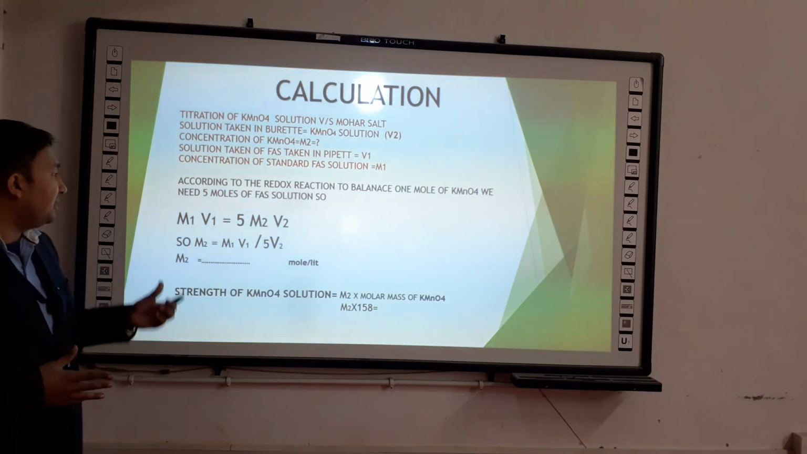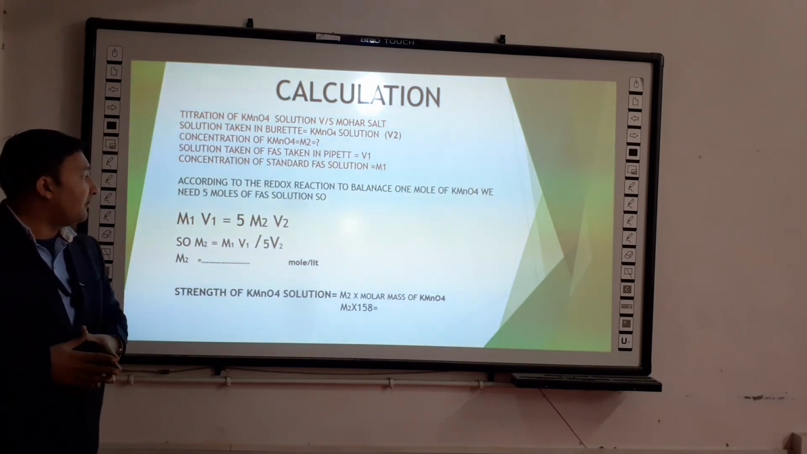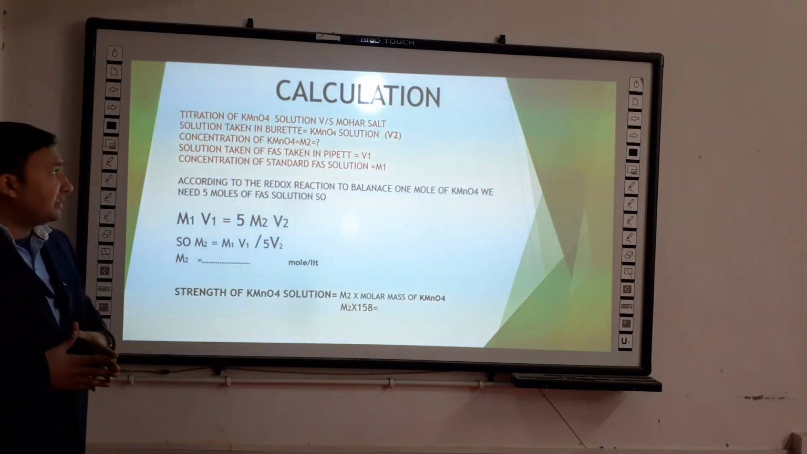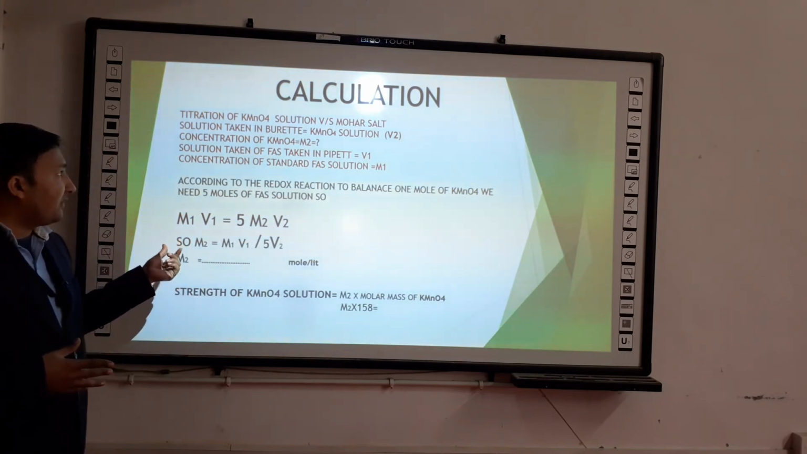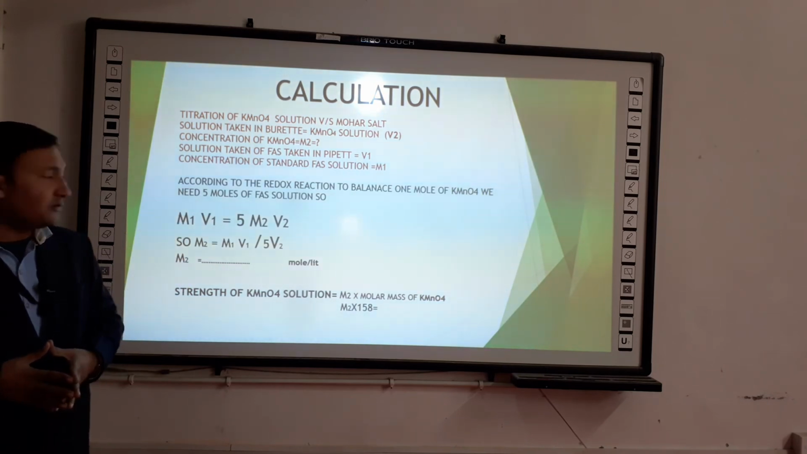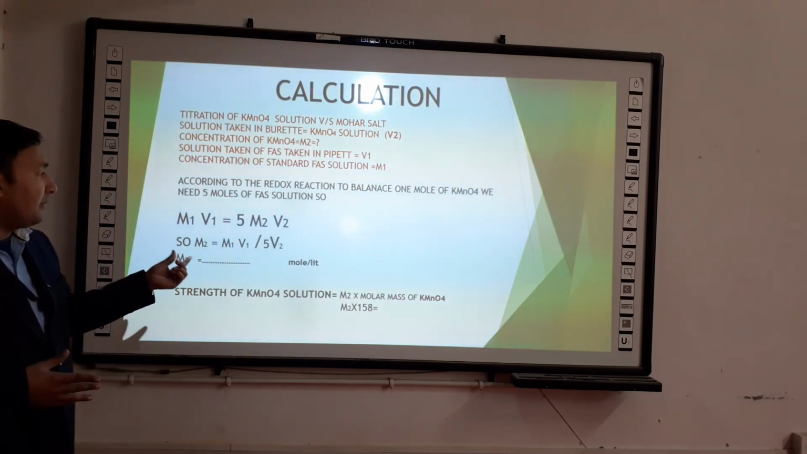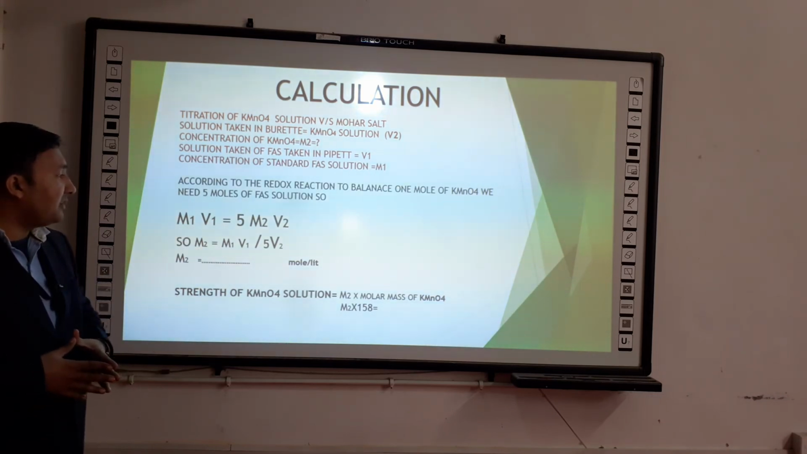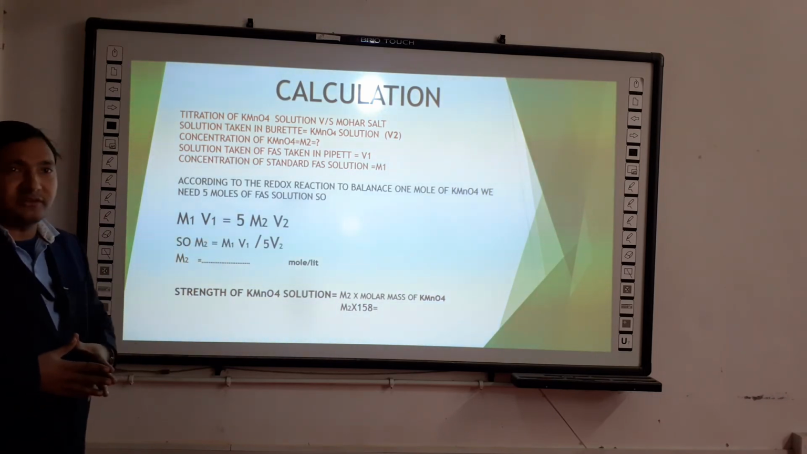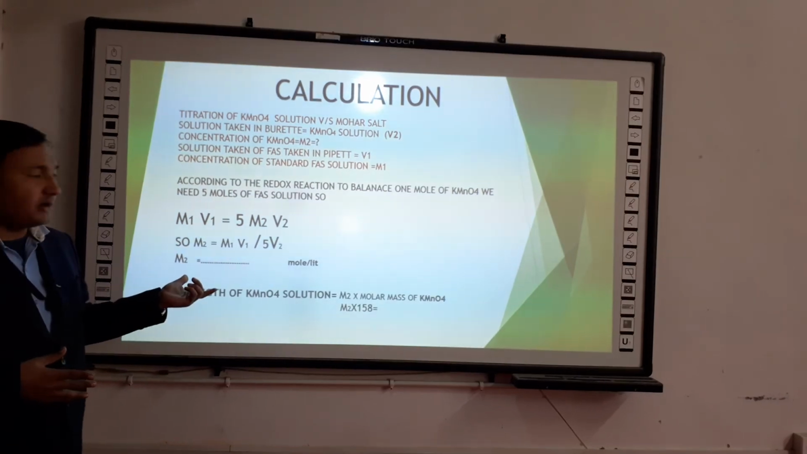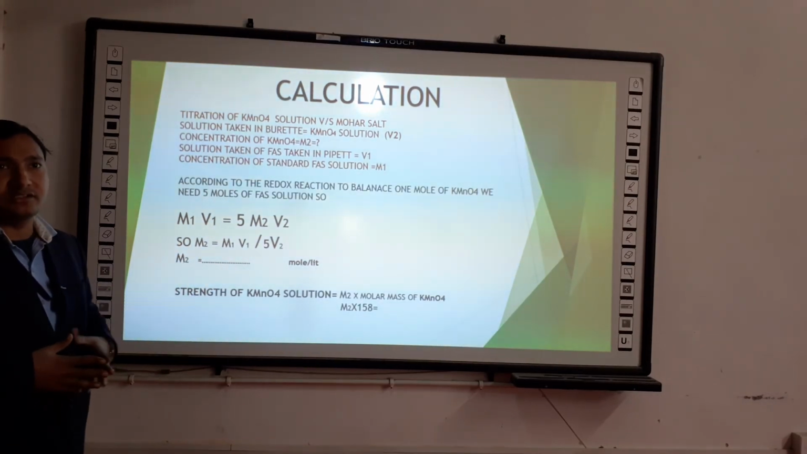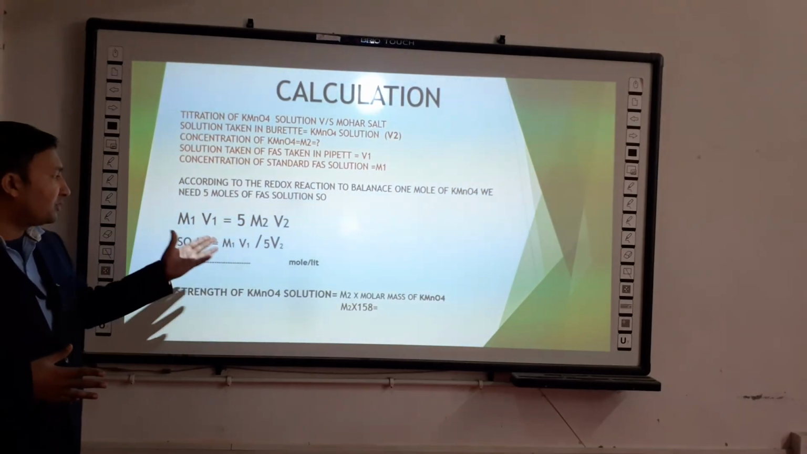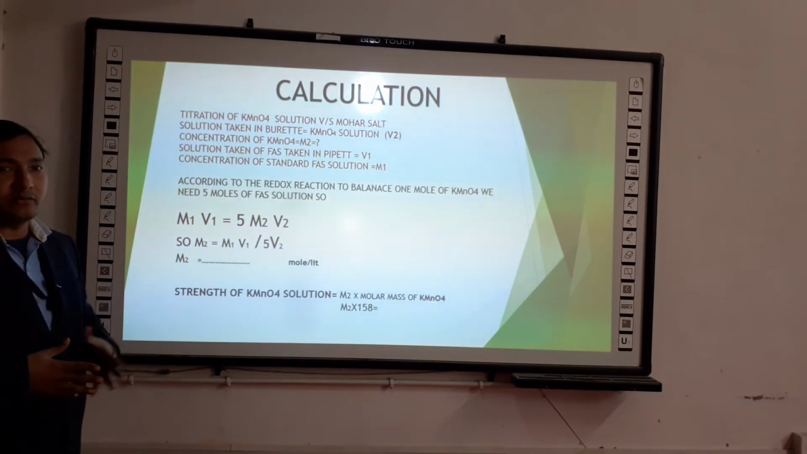So the calculation will be M1V1 = 5 M2V2. By that procedure we want to get the value of M2, which is the concentration of KMnO4. M2 = M1V1 / 5V2. For ferrous ammonium sulfate, M1 will be M/20. V1 is 25 ml, and V2 is the concurrent reading, so we put in the values and M2 can be easily calculated